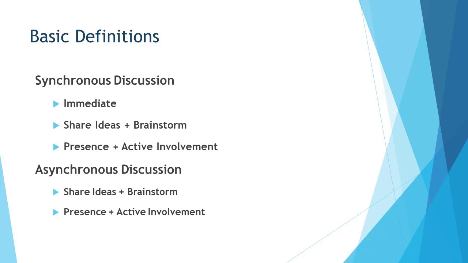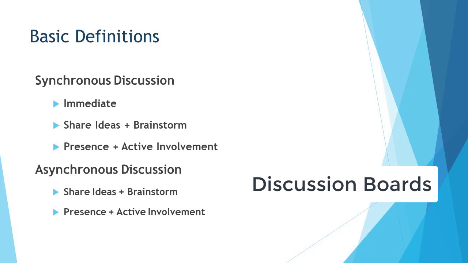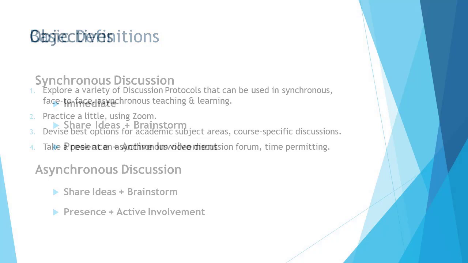Now, asynchronous discussions are very much the same, but they don't necessitate an immediate exchange in real time. So participants are able to show their preferences through relevant questions and queries and being actively engaged and able to respond to their peers' posts in a timely manner. An example of an asynchronous discussion would be our existing text-only online discussion boards. So this is what we're doing today,